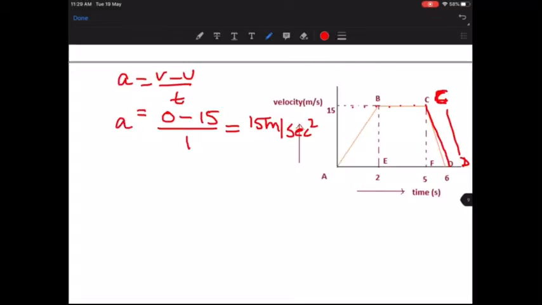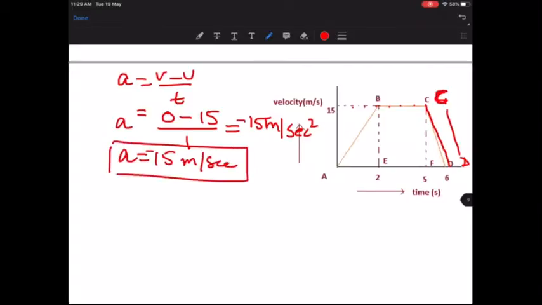Okay? This is your acceleration. So you found your acceleration also, which is 15 meters. Actually, it is minus 15. Make it minus 15 because it is not acceleration, it is deceleration. It is minus 15. All of you, please write down minus 15, not 15. Fine? So now you have calculated your acceleration, your deceleration basically.